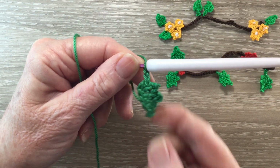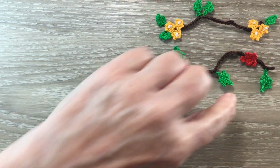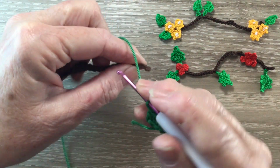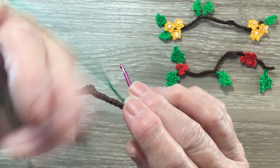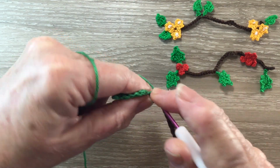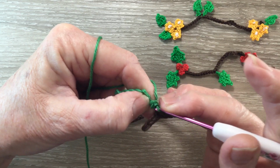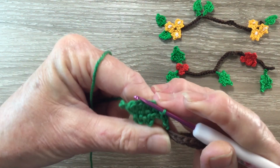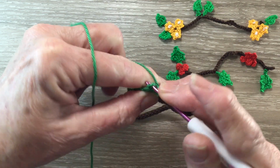of the leaf done. Now we're going to join it to our branch. So I'll work this one first. So I'm going to join it a few stitches from the end. So I slip stitch into the branch, and then work one slip stitch into each of those 2 chain. And then slip stitch into each of the next 2 stitches,